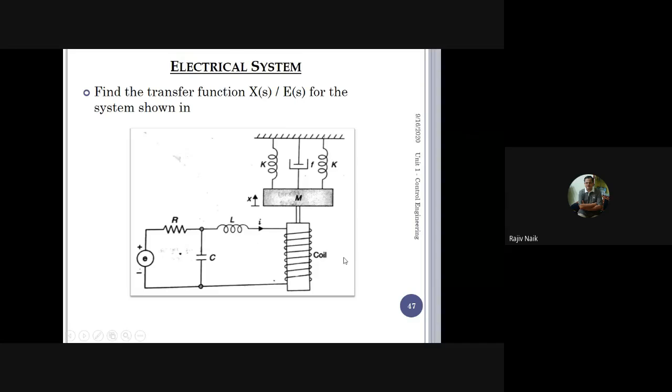So I will give a brief discussion of the next problem. I will not be in a position to cover that fully today, and that is this particular problem. See here, the advantage of control engineering. See here, this is an electrical system and this is a mechanical system. Here, these two rods which are shown, it is not a proper connection. It is just showing the magnetic force. It is not a solid rod. There is no physical connection between this and this.